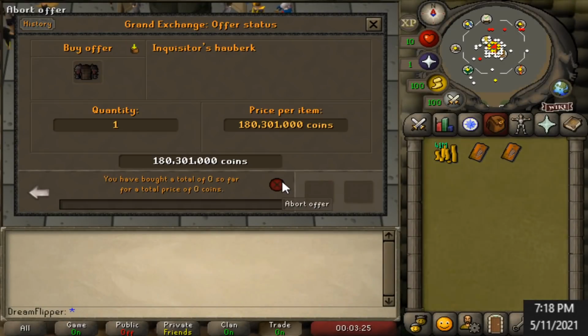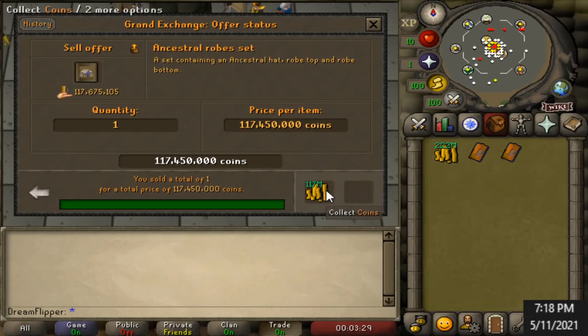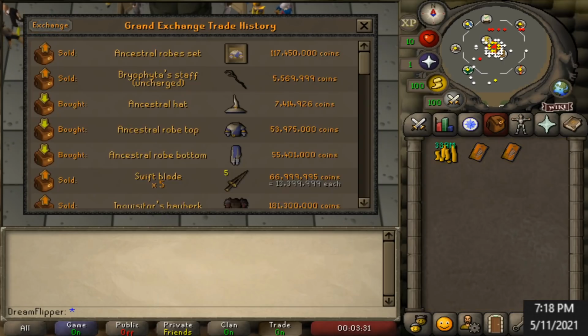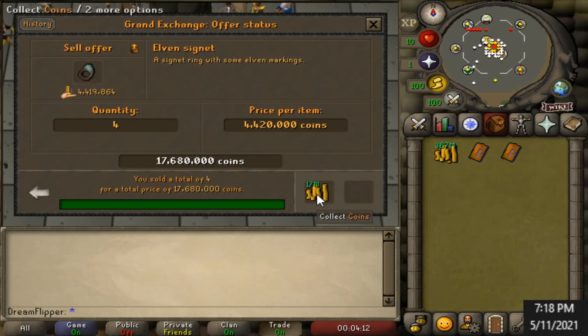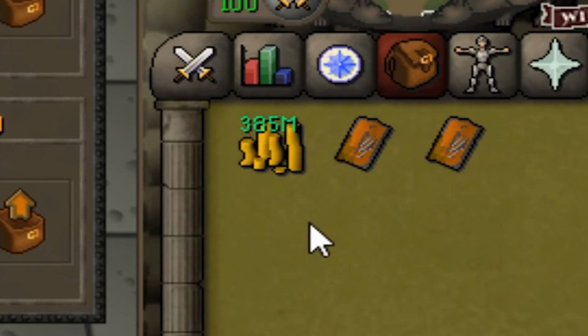Well, today's May 11th in the evening, and while we don't really have any more flips on the Inquisitor set, we have finally sold everything off at once, and I think this is probably where I'm going to end it for today's episode. Over the last couple of weeks, I've tried out quite a few different items, failed and succeeded on a lot of different things here, and most importantly, I think I've gotten quite a lot of good practice in. Now, after claiming everything here, we are up to 385 mil,